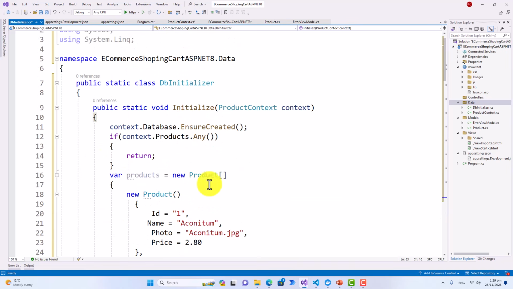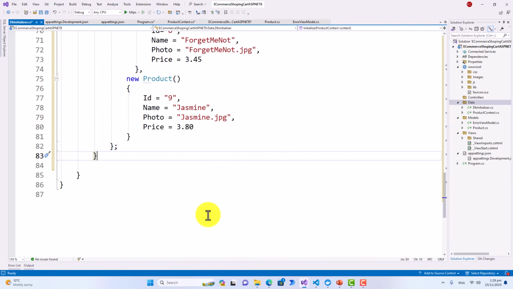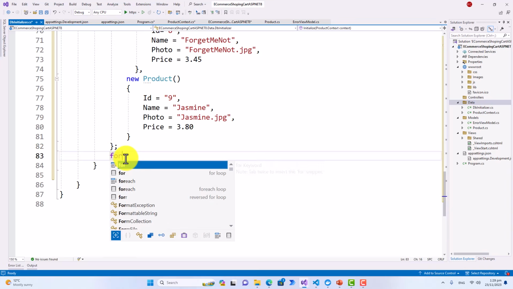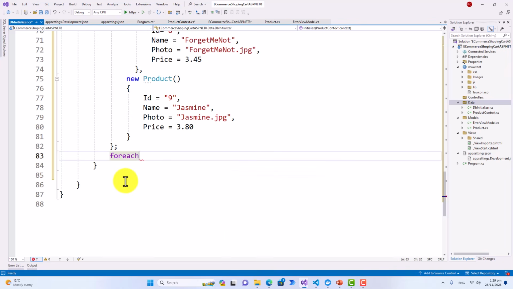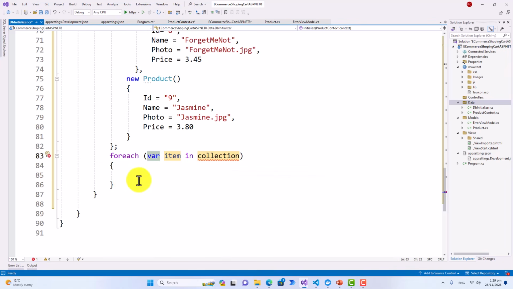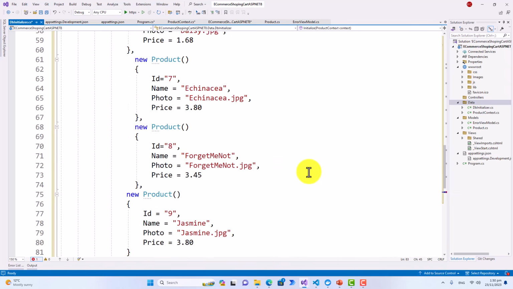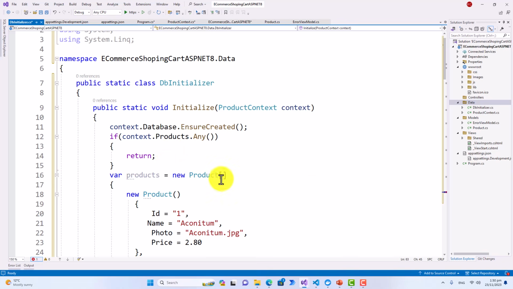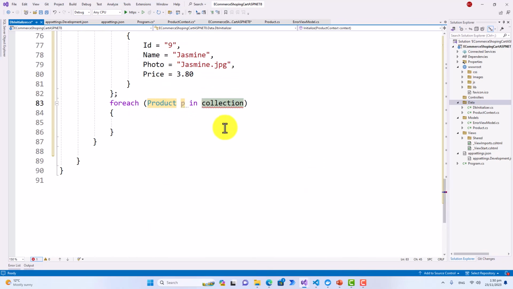and this is the closing public static void, and then there is a foreach loop over here after this. So foreach, tab, var item in collection. So what is the item? For each var p, either you can write var p or you can write the actual product type, Product p in products, because this is products, right? Products is an array of Product. So foreach var p in products,